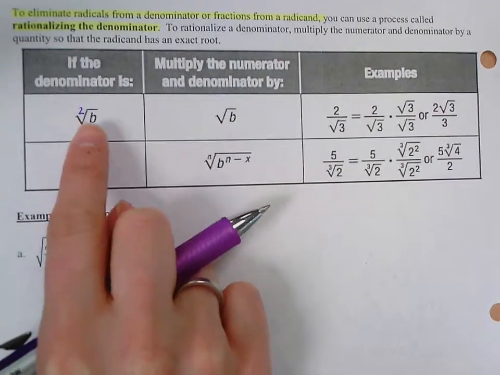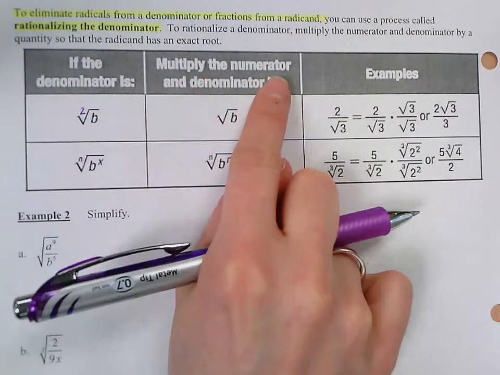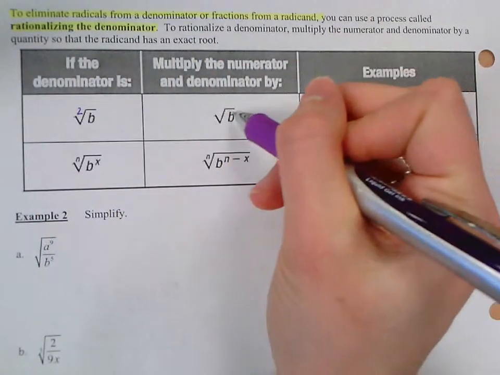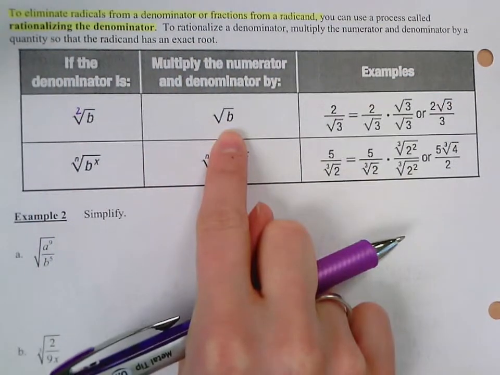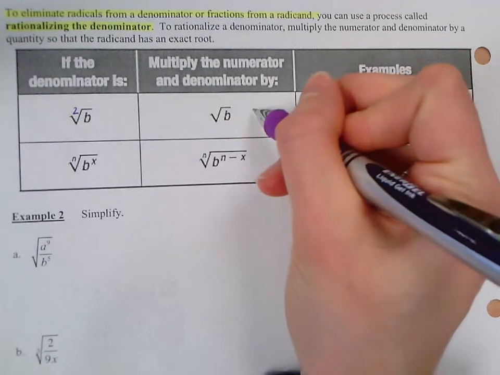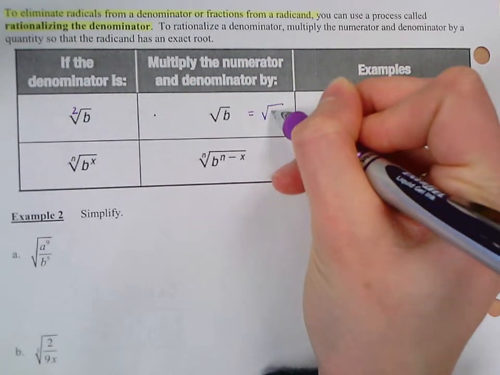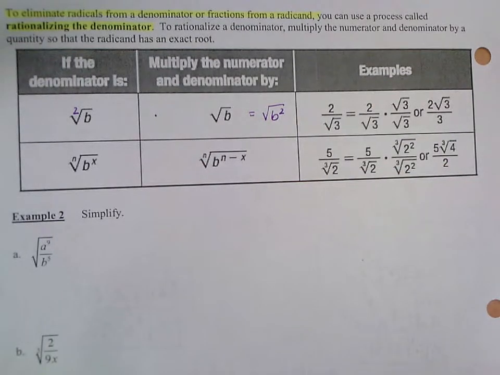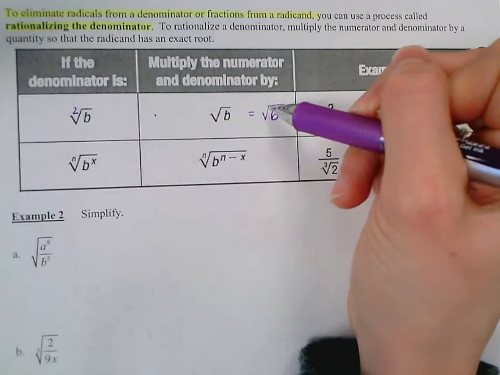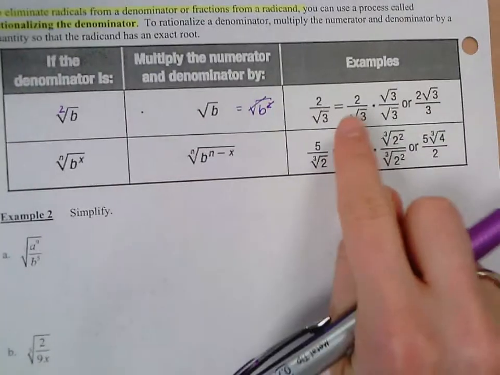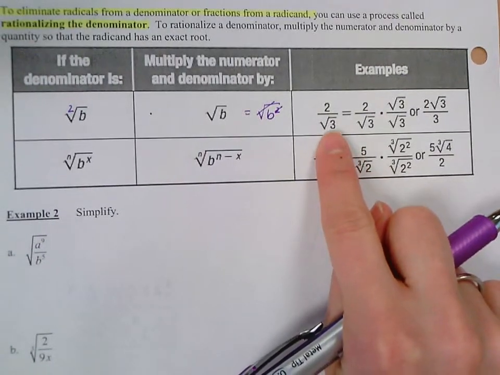So I can multiply the numerator and denominator by that square root. If I multiply it by itself, the square root of b, I get the square root of b squared, which then the exponent and the radical cancel out, and I just have b. It gives an example of that if you have 2 over the square root of 3,